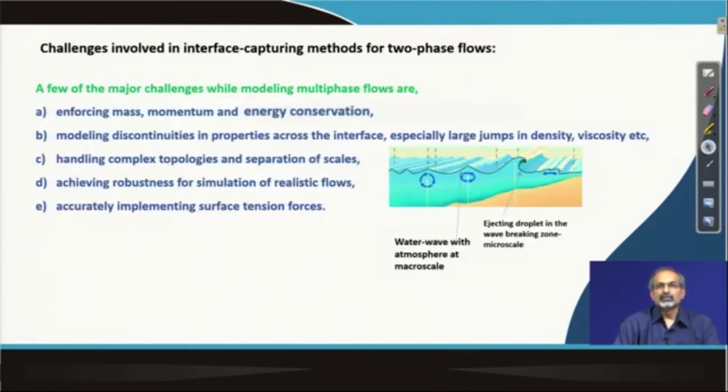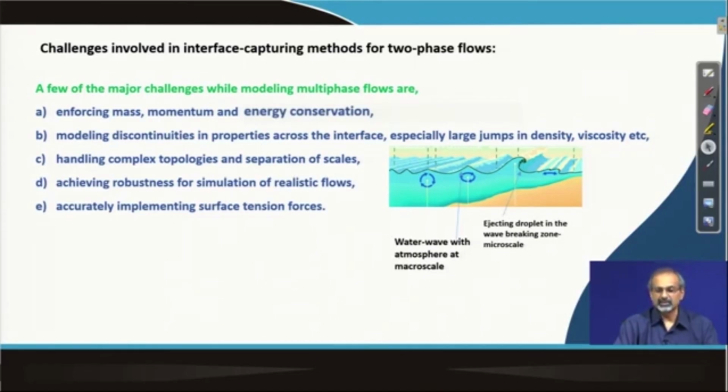We move on to look at the different challenges which are involved in interface capturing methods in CFD for two phase or, in general, multi-phase flows. If you look at the challenges, they are as follows. You have to enforce mass, momentum and energy conservation, and as we said, very often we have to enforce these exchanges at the interfaces or through the interfaces. We have to model discontinuities in properties across the interface, because you are handling different phases, and therefore you can very well understand that there would be jumps in the